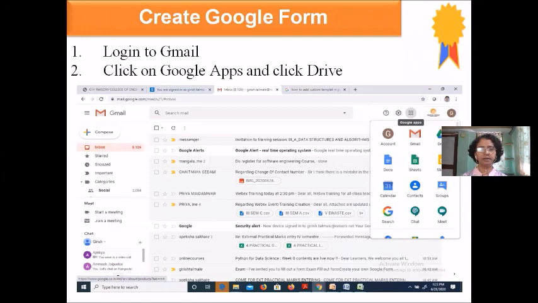Now first I will explain the steps and then I will explain practically. Log into Gmail and after that go to the Drive. This is the first thing. Why Drive? Because we need to create a Google Form through the Drive. For using the Drive, the Gmail account is very important, so we need to prepare our own Gmail account and log in.